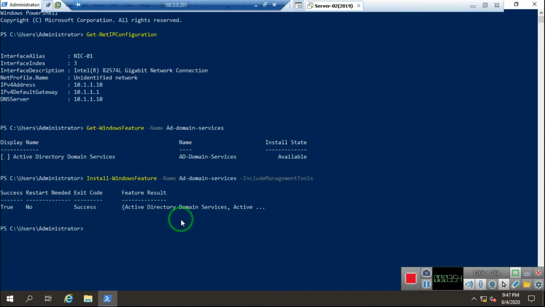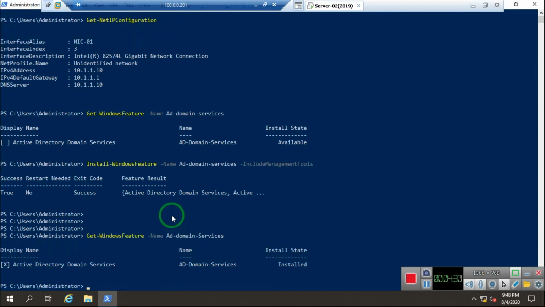Now we need to check once again. The command is Get-WindowsFeature, then -Name, and then we define the AD-Domain-Services and enter it.